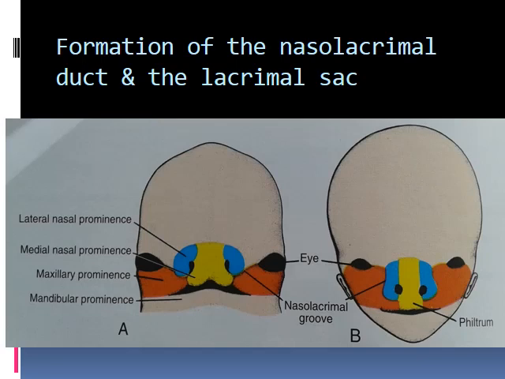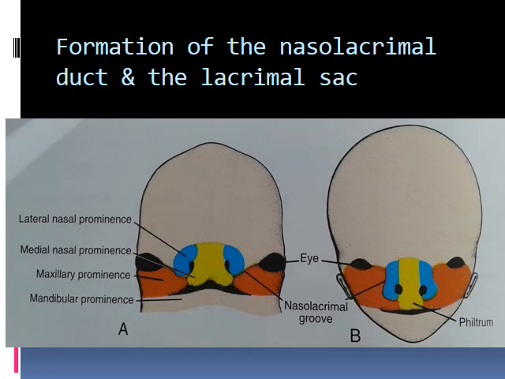So when it goes medially, it also comes in contact with the lateral nasal process. You can see the groove between the maxillary process and the lateral nasal process. This groove, which separates the lateral nasal process and part of the frontonasal process from the maxillary process, is called the nasolacrimal groove. Now with development, the cells on the floor of the groove proliferate and form a solid